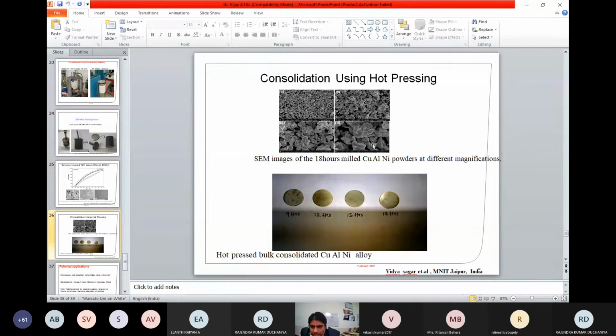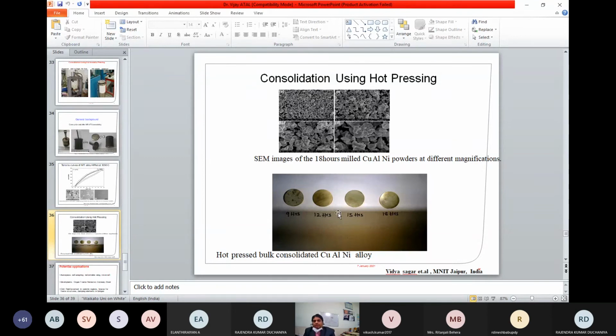Also for copper, aluminum, nickel based alloys, we also synthesized bulk material, but this bulk material should be further characterized to show the shape memory effects.